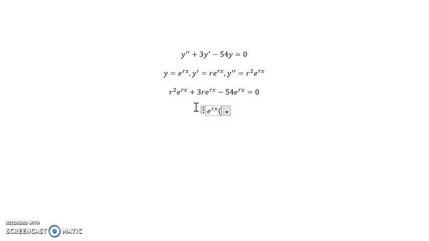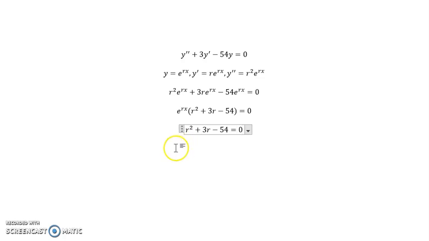And so if we factor that out, r squared plus 3r minus 54 equals 0. And e, the exponential function, can never be 0, and so we're left with the characteristic equation for this differential equation, which is